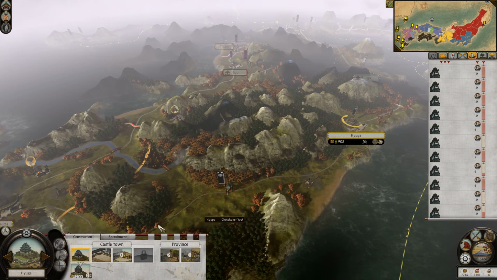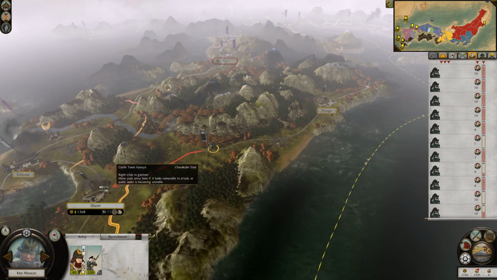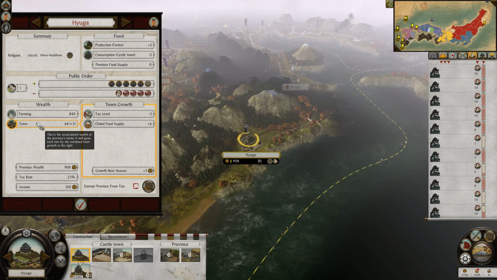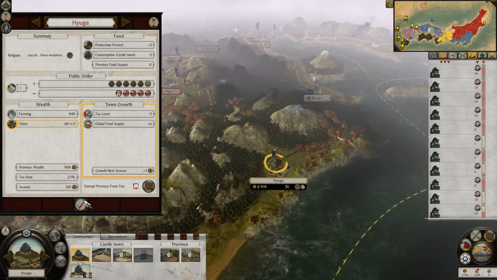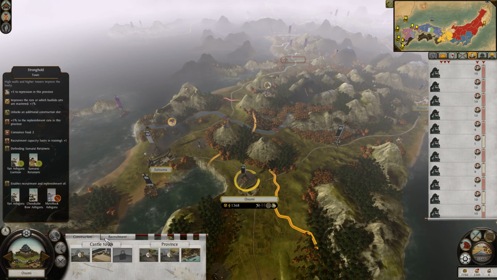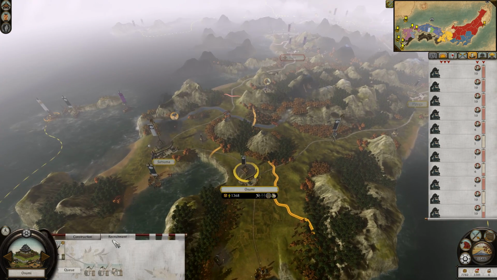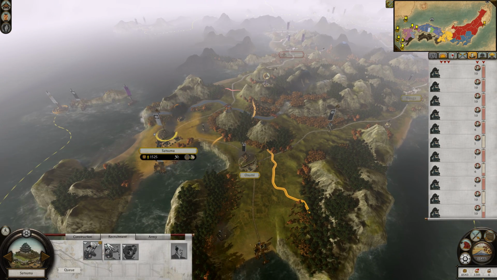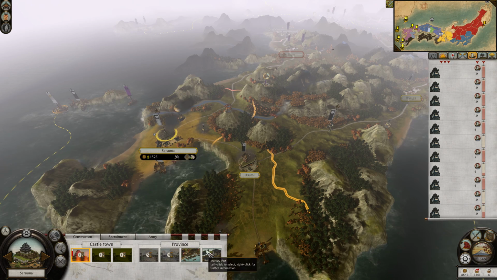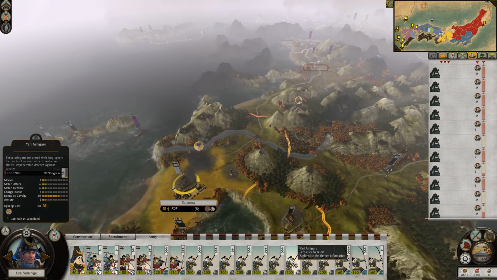Also, one more thing I do want to point out is that before this started, I did move these two units down here because public order's been restored over here. And actually, now I think about it, I don't need to recruit these guys as a result of that. I'd rather be recruiting them over here because of the armor. Especially Yari Ashigaru,